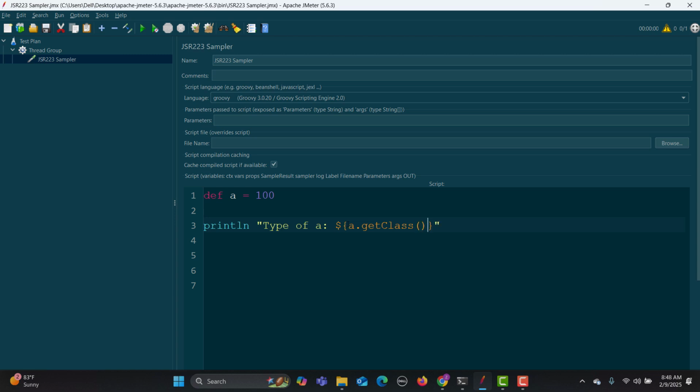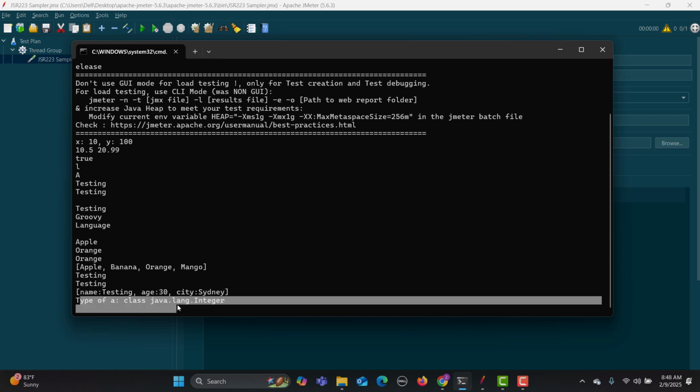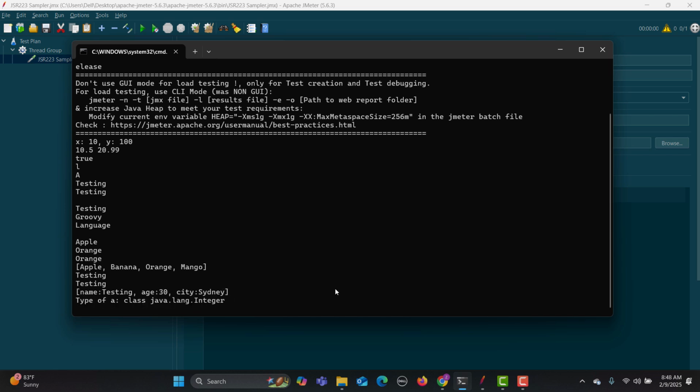Okay, now we are good to go. Just run this one and go here. You see that the type of a is an integer, and this proves that Groovy is a dynamic type